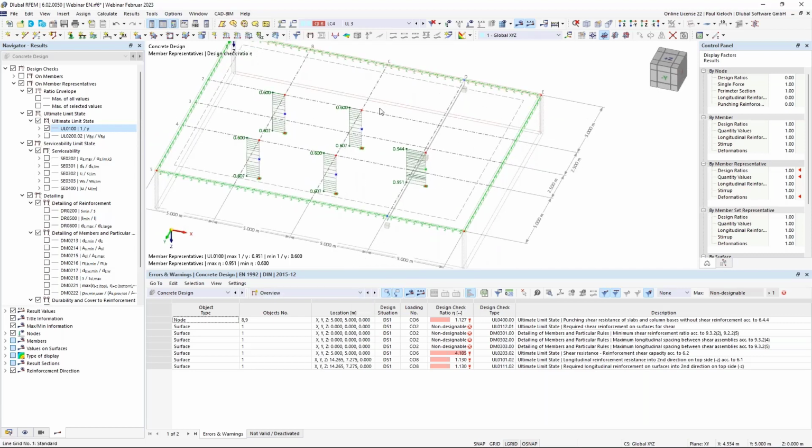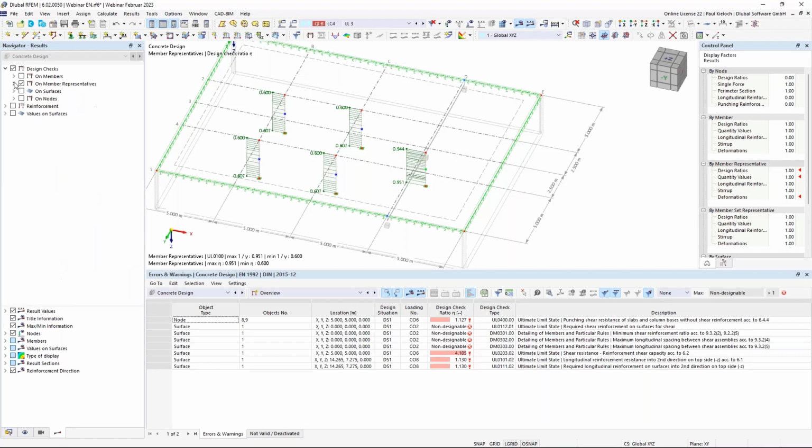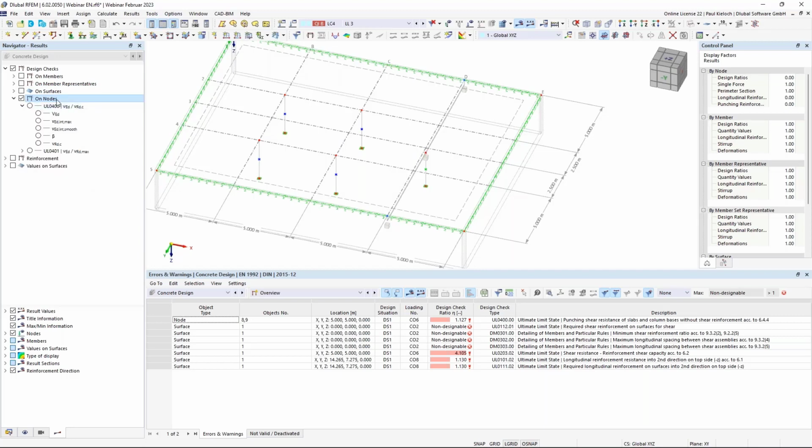If you would have individual results for the individual columns, then you can use, as I said before, the representative for input, and you have to design then the individual members, not the member representatives. Okay, then regarding the surfaces, we checked the results before. I would like to show you one last